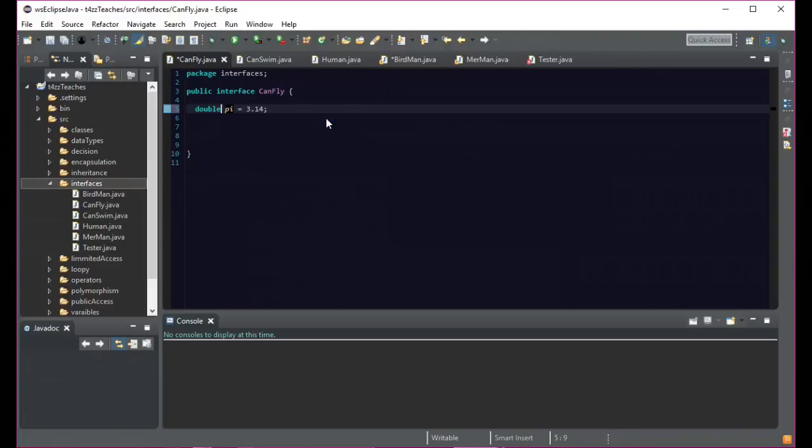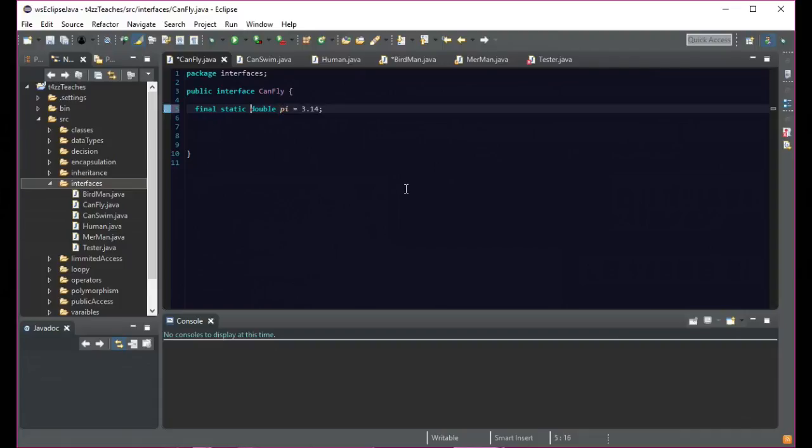Actually, I guess we do final here, right? We say final, and it's static. Now, static means that this variable is accessed the same by every single, like if we have objects over here, they're accessing this directly. So I can't really change it because it's final, but if, for example, this wasn't in an interface and it was static, that would mean that if I had a counter of how many humans I had or something like that,